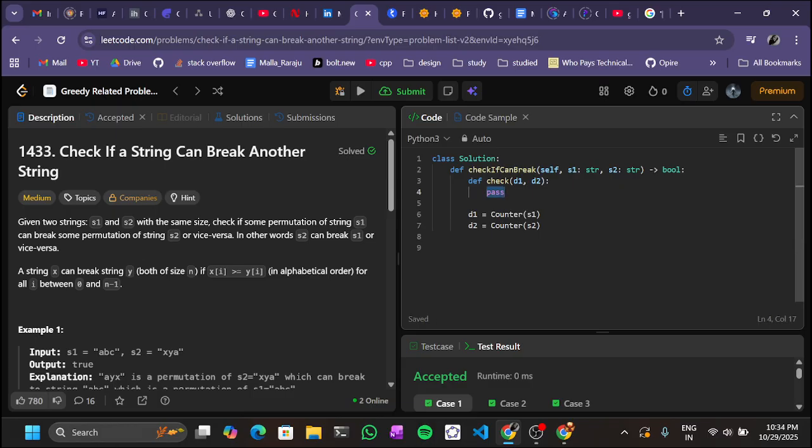Now if... P, C, F, H, K, L, M, N, O, P, Q, R, S, W, Y, Z. So for every alphabet, one of